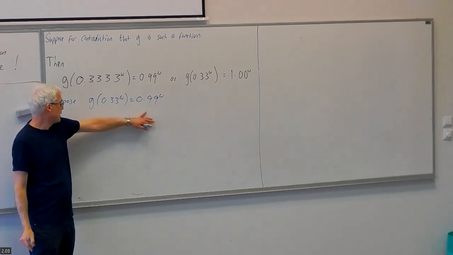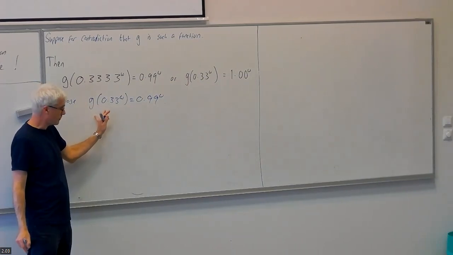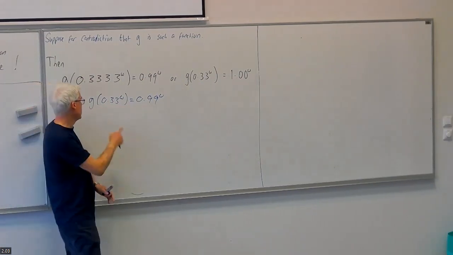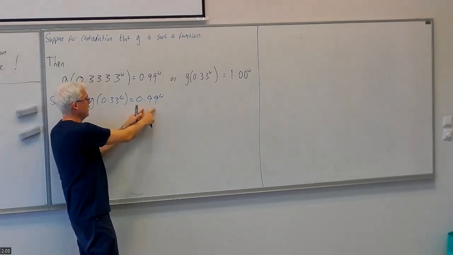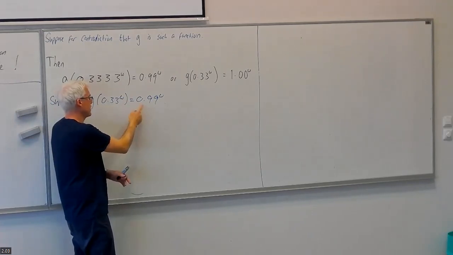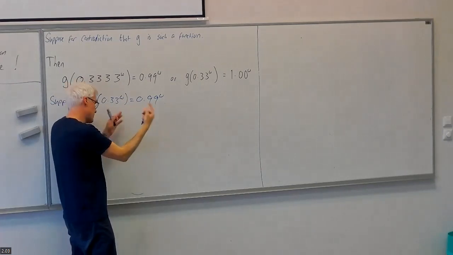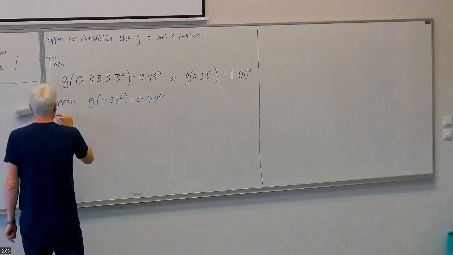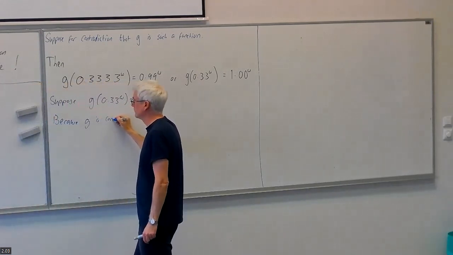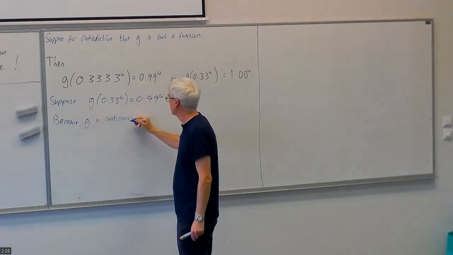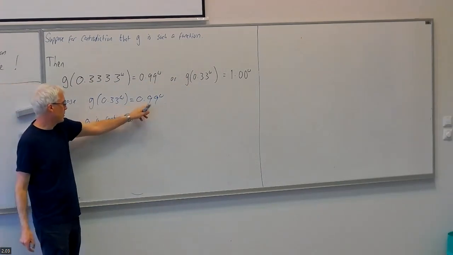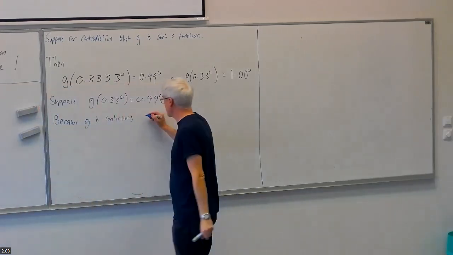Well, in this case, because G is continuous, remember, this is the property we looked at last week: being continuous on infinite sequences means that for the output value, any finite prefix of the output is determined by a finite prefix of the input value. It would be enough to consider the output prefix 0 point, but just to make things clear, I'm going to consider the output prefix 0.9. So because G is continuous, there's some length of input prefix such that any extension of that input prefix outputs 0.9. So because G is continuous, there exists n